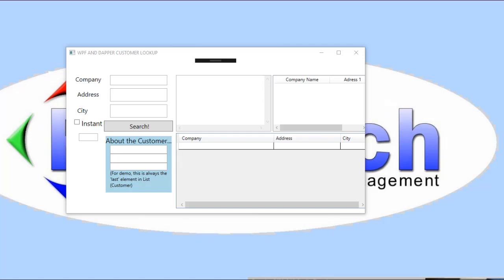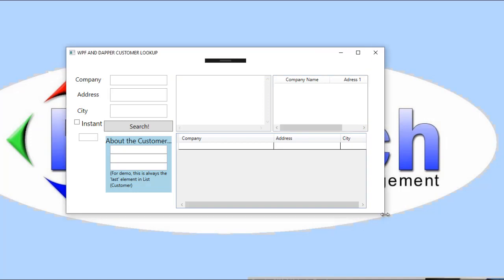Okay, here's the ultimate result that we're trying to achieve. Basically, we want to do a customer inquiry. We want to see who's out there and how do we find them. We use this in our accounting system, which is called Flex Account, which is why you'll see the prefix FA